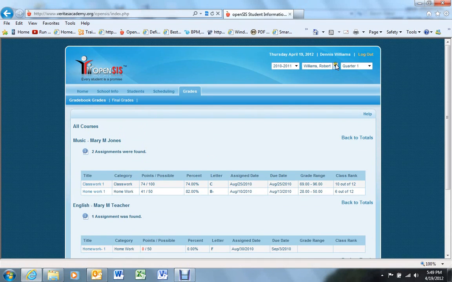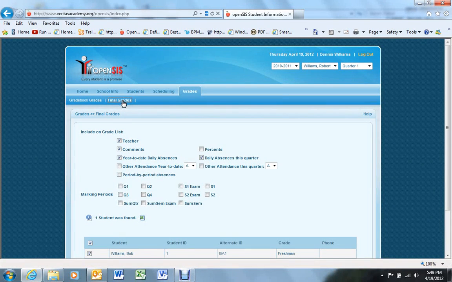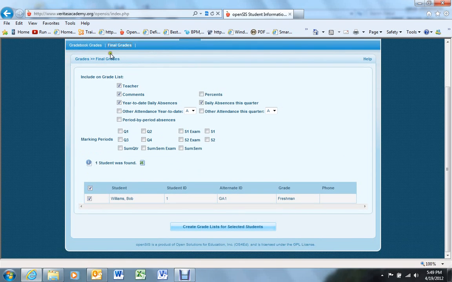Again, if you want to see a different student, you've got to come up here to the drop down and select another student. The other option here is final grades. This is not a live look at the gradebook, but this is a listing of final grades that your student may have received in a prior term. So I can select up here some various options. Let's say I want to see percents. Don't need to see absences, but I want to see comments and percents and grades for marking period Q1 for